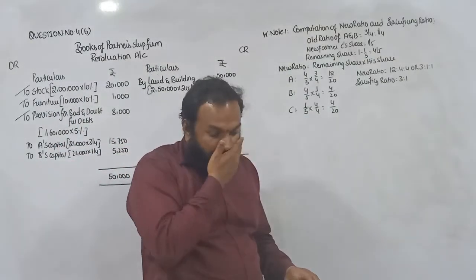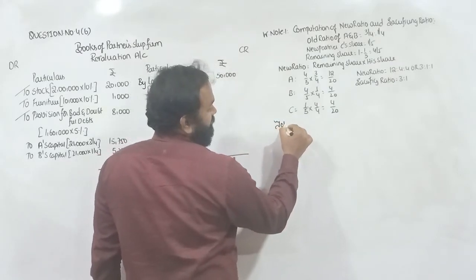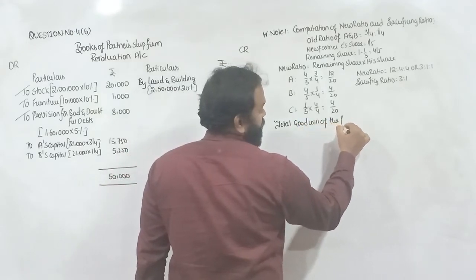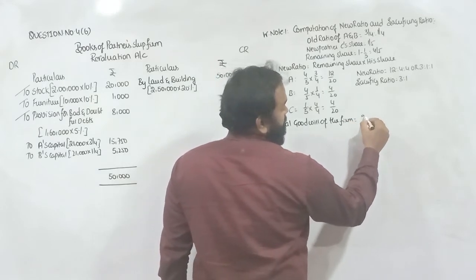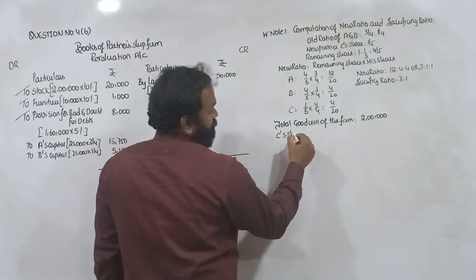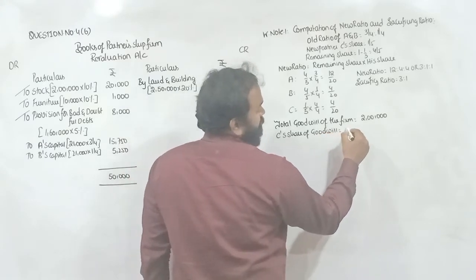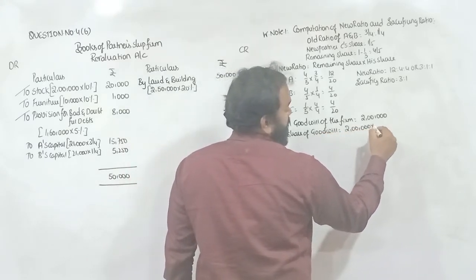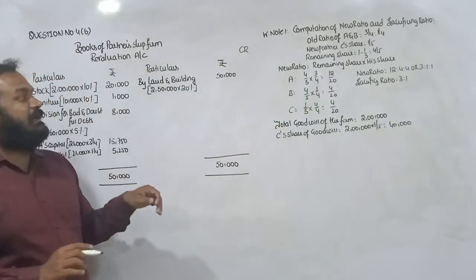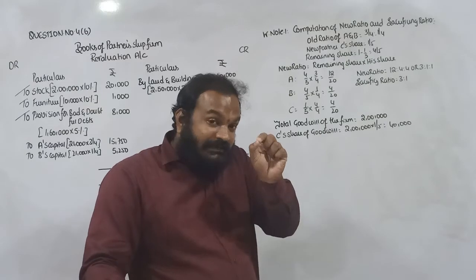Now we'll go for recording of adjustment entry in respect of goodwill. See, what is the total goodwill of the firm? It's 2 lakhs, right? What is C's share of goodwill? 2 lakhs into 1 by 5, 40,000. Since C is unable to bring the goodwill, that goodwill is adjusted among A and B capital accounts through